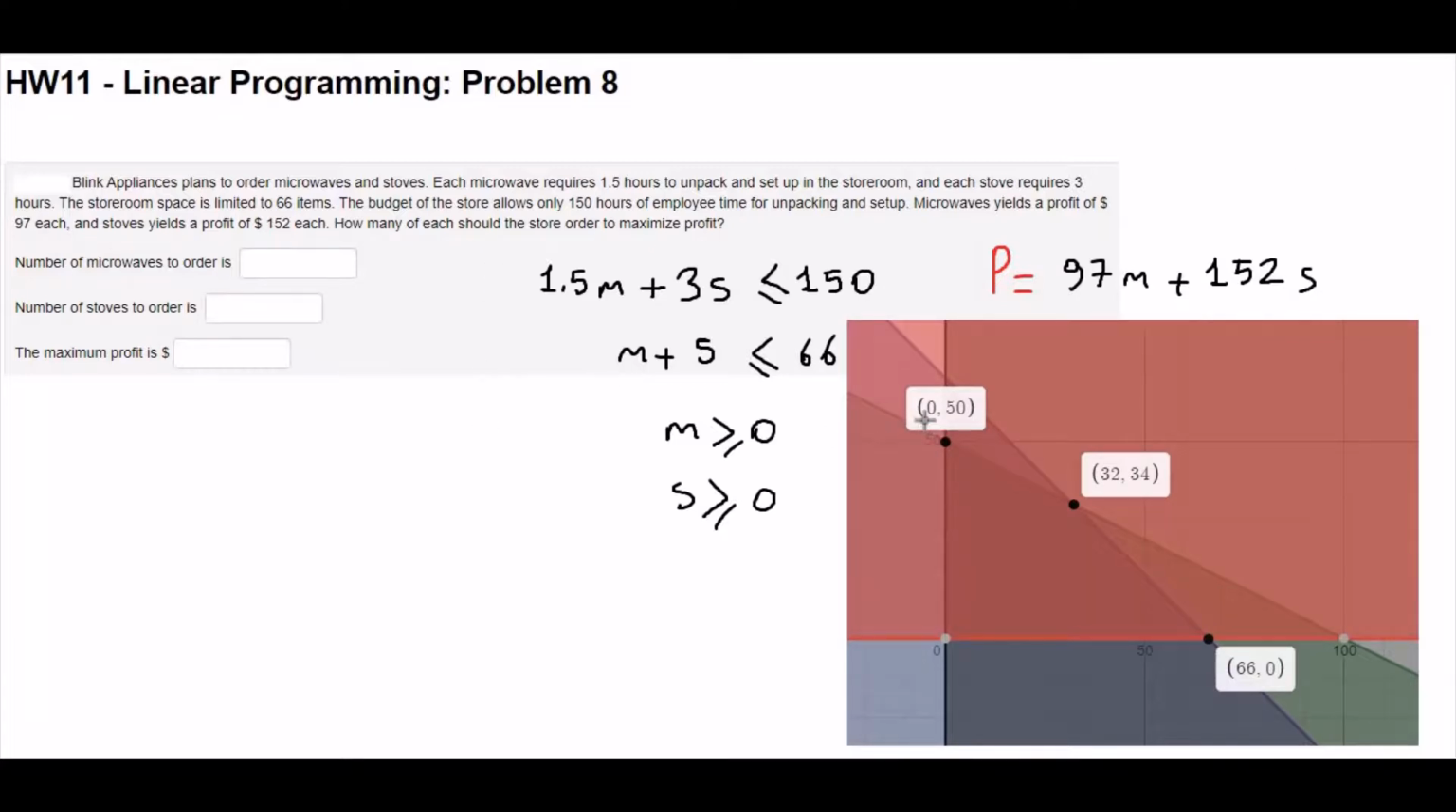So if we plug these corners into the profit function, we can see the maximum. So 97 times 0 plus 152 times 50 is this corner, and the computation here gives us $7,600. This corner is giving us 97 times 32 plus 152 times 34, which gives us